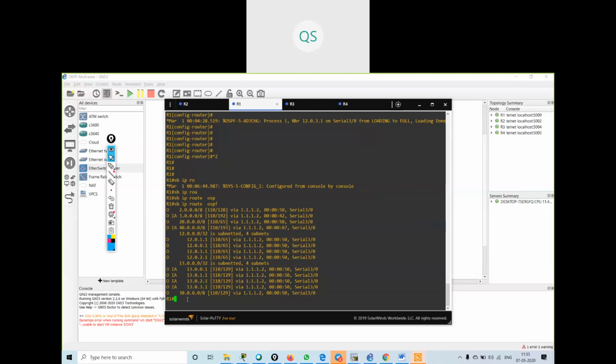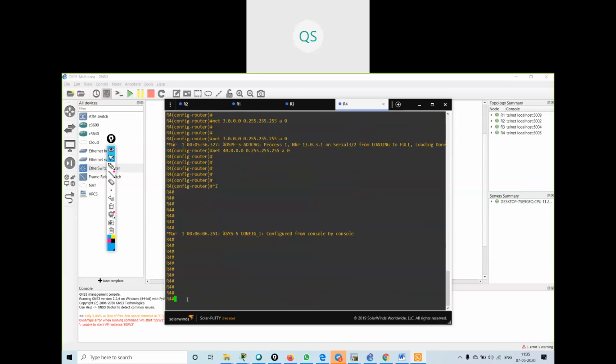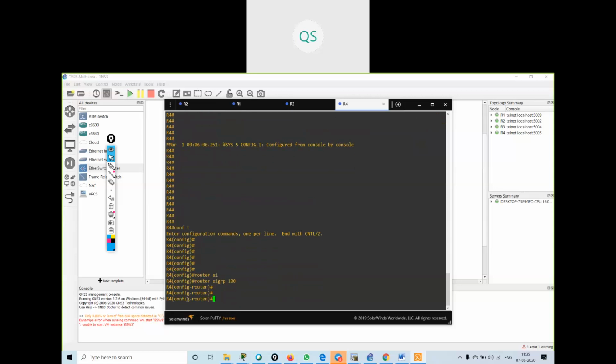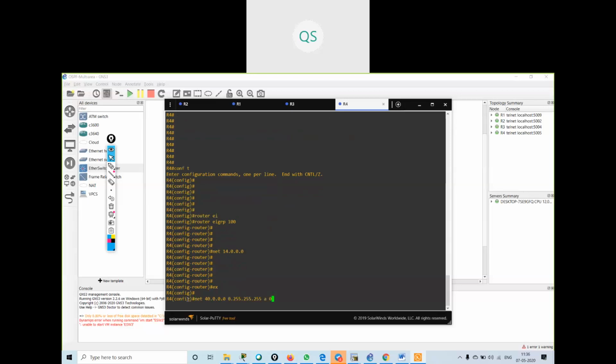Okay, now I will go on R4, I will configure EIGRP. Router EIGRP 100, I will put the 14 dot network. Then I will go in OSPF and say redistribute EIGRP 100 and subnets.